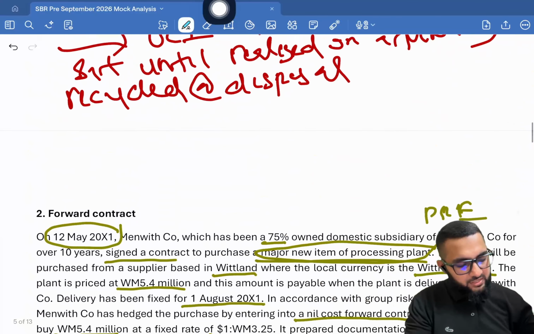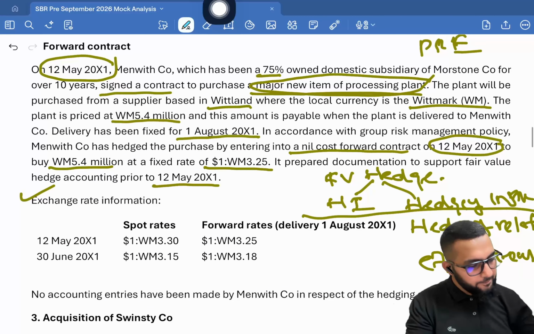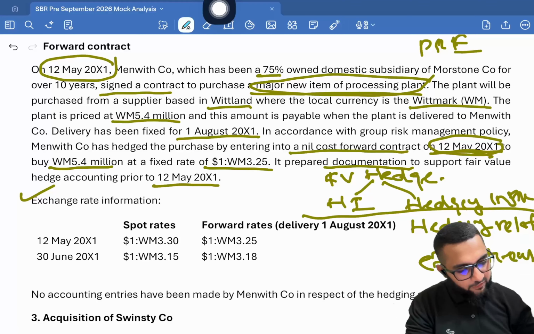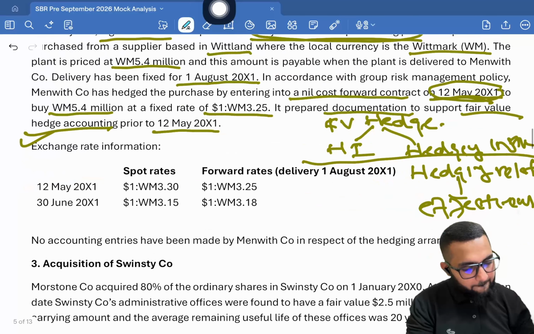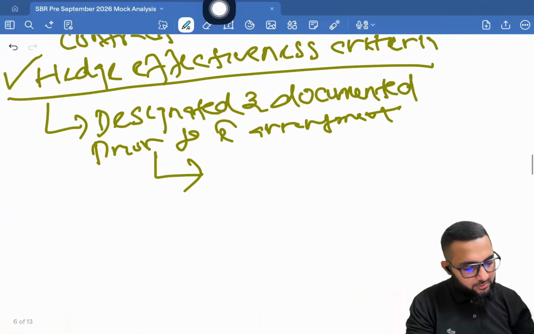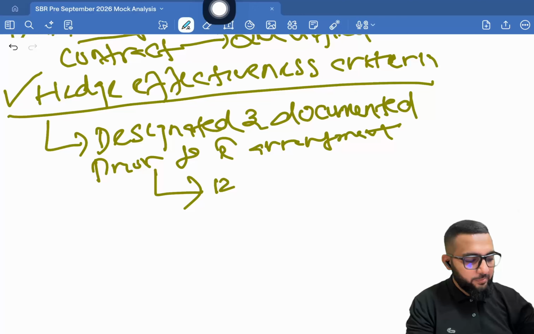We go back to the exhibit, right? So hedged purchase, entering into a nil cost forward contract on 12th May. It prepared documentation. Documentation is prepared, designated, right? On 12th May. They support fair value hedge accounting. They're mentioning that it's fair value hedge accounting as well. Okay, right. That's done on 12th May,